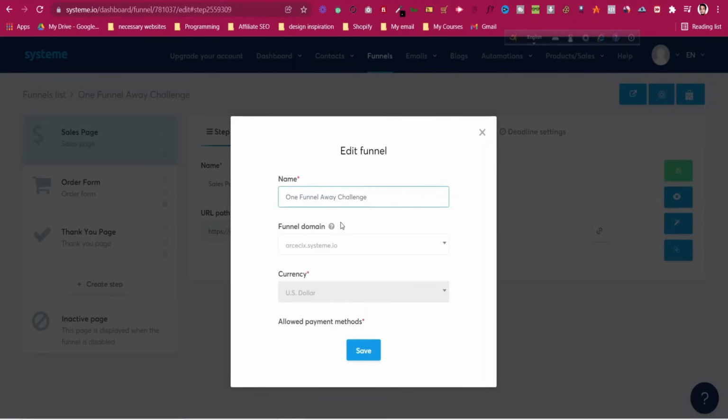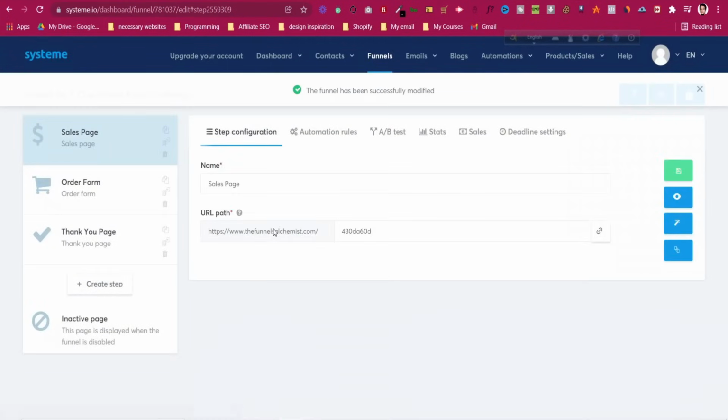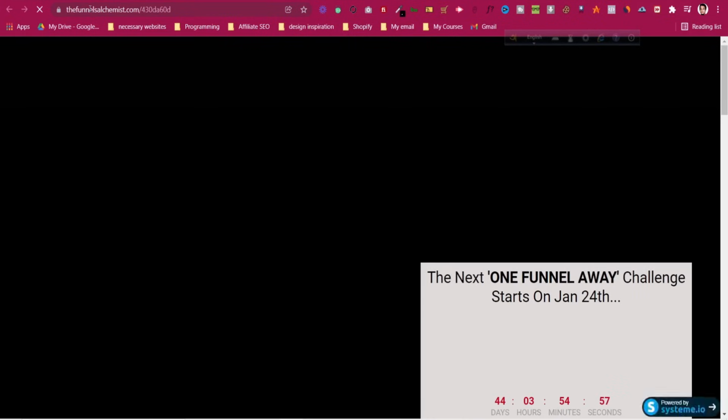When we add our custom domain, as we did before with the DNS authentication from wherever we bought it, I bought it from Namecheap, if you just click it, you will find it. The new domain that I have added is listed here. So if I click this domain right now and click save, this will turn to this path. Now if I click on this, you will see in the URL I have my domain name, the funnels alchemist